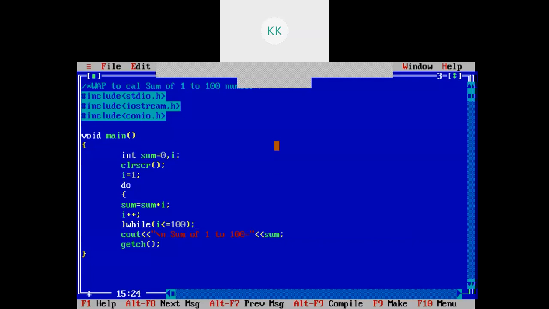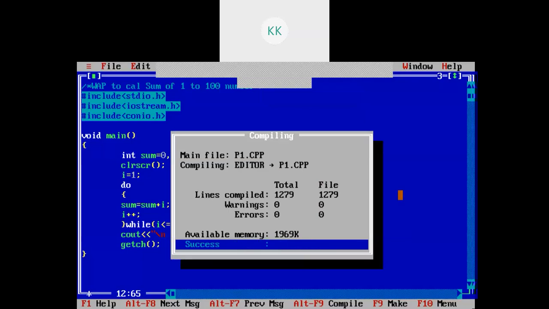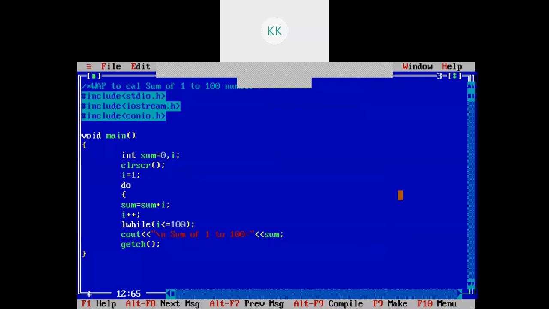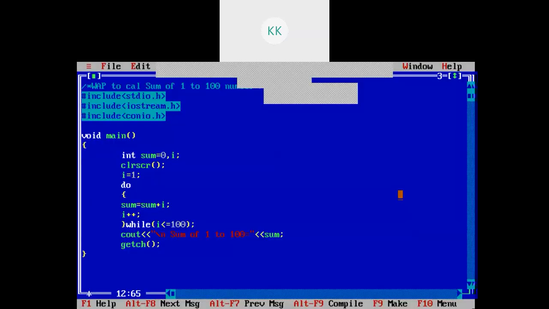Do while loop is the only control statement which ends with a semicolon. All other control statements don't end with a semicolon after the condition. In do while loop, we have a semicolon after the condition. That you need to remember, right? F9, try to run it. Okay, the same answer we are getting using the do while loop. So this is how you can write different types of loops.